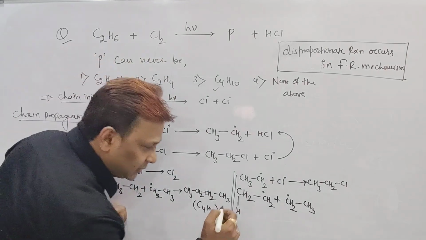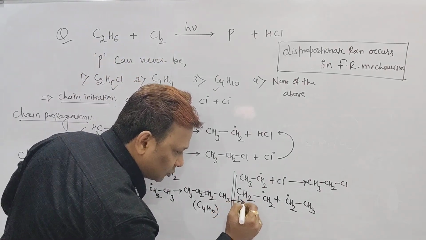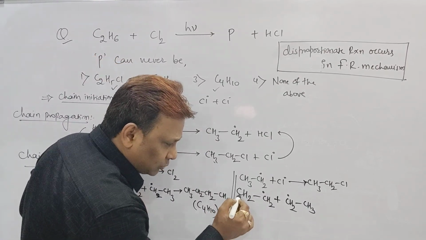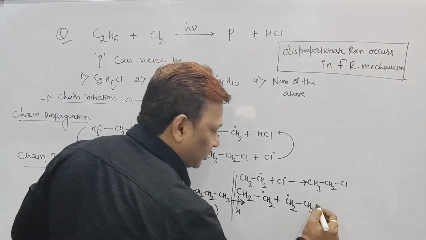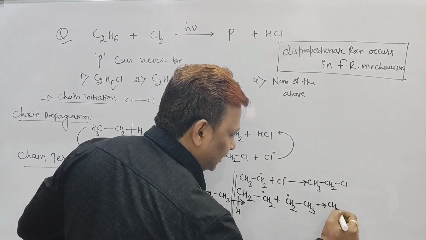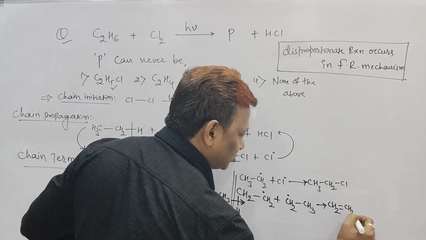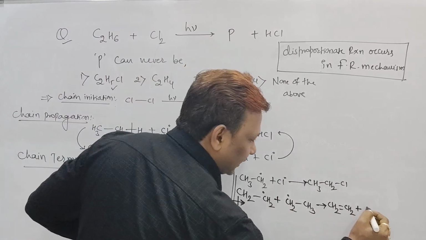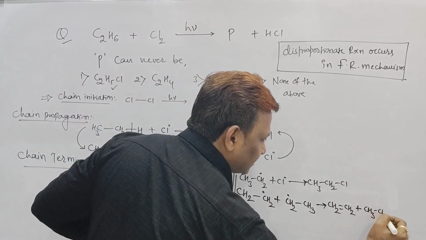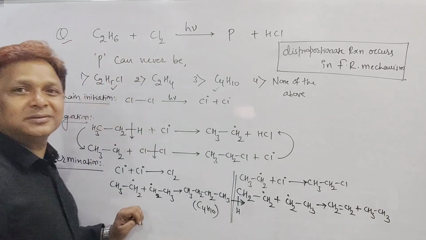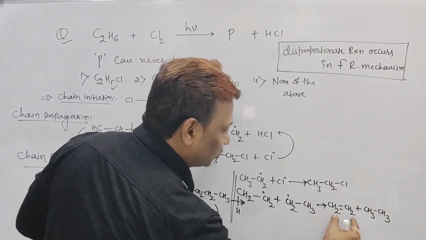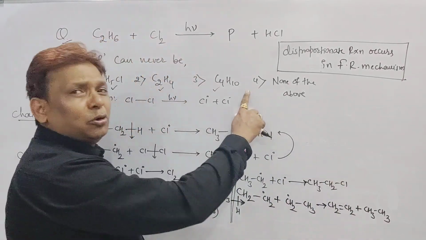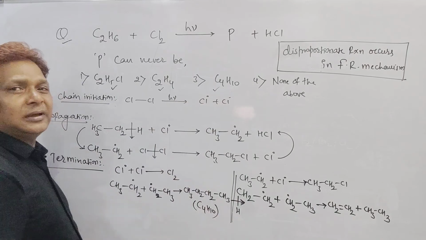Beta, what happened, you know? Cleavage will take place here also, homolytic cleavage. When homolytic cleavage takes place here, these CH2 radical and CH2 radical combine to form what, sir? It will form CH2 double bond CH2, plus this H radical attacks here and I got CH3 CH3 as the product. See, beta, I got C2H4 as the product. Yes, sir, I also got C2H6, I didn't write it here. If I write that one, that is also correct.